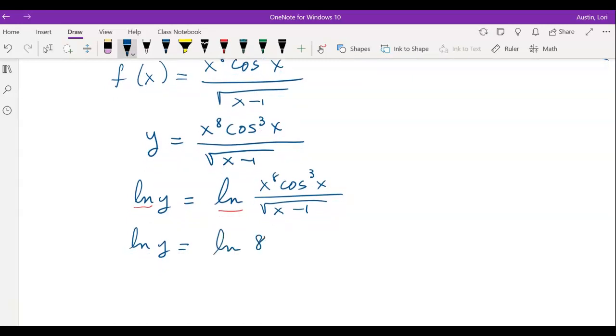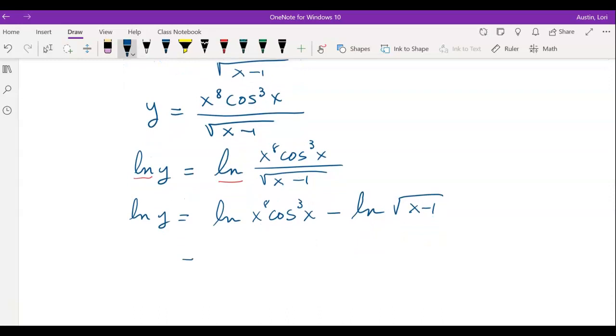I'm going to take the ln of the numerator this time, and subtract it by the ln of the denominator. And then I'm going to take that numerator, that first part,